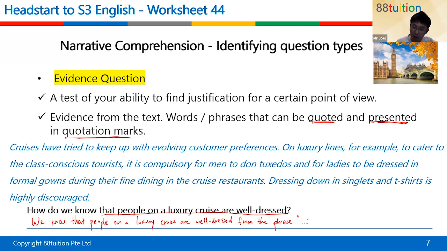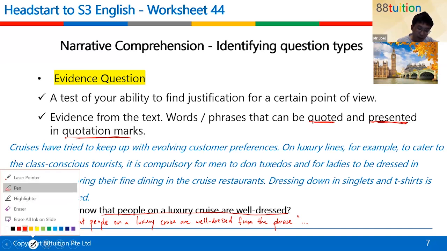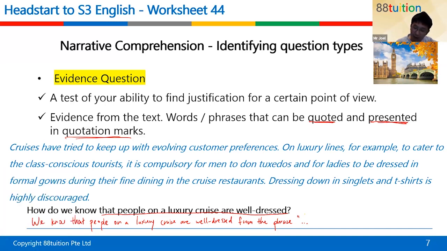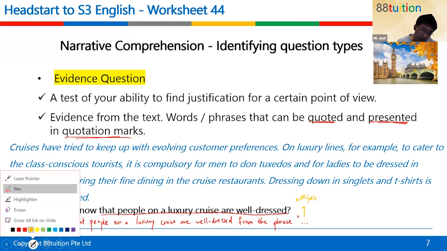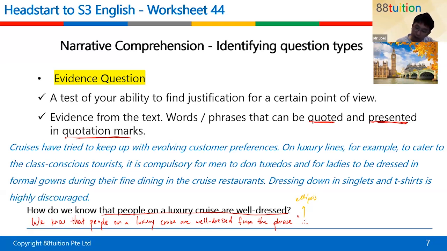All right, so over here, I'm quoting from the phrase, I need to let the reader know that there were actually texts that appeared before this. And that's why I use the three dots over here. Three dots is known as an ellipsis. Okay, so I will do ... And then where does it begin? It starts from it, right? It is compulsory for men to